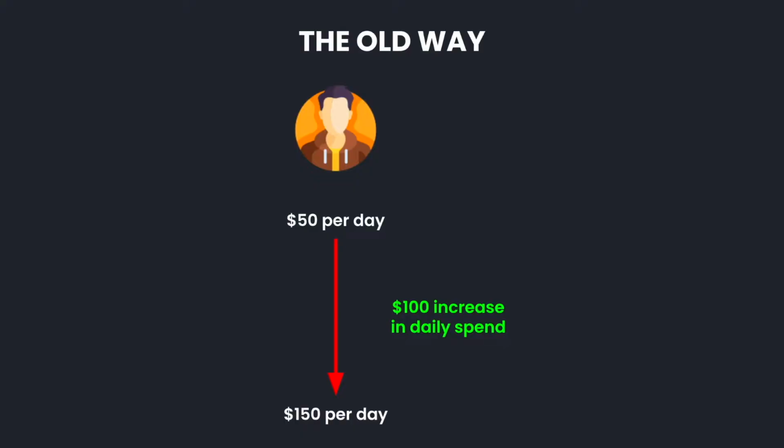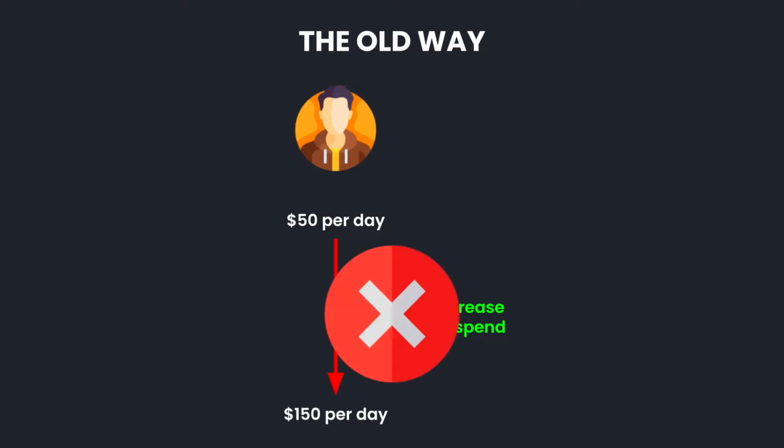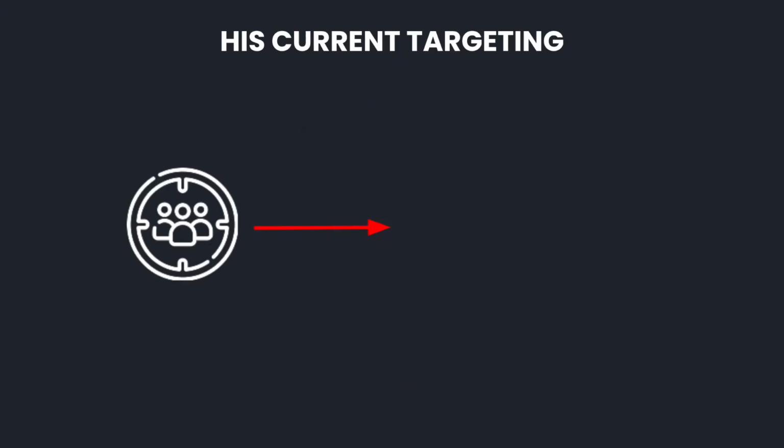For you to better understand what goes into scaling horizontally, let's take a look at an example. Alex, again, has been running a campaign at $50 per day, and it has been performing well and profitable for more than 3 weeks now. Alex thinks it's scaling time, but he has learned from the last time, so he does not go for the steep budget increase, but first looks at his current campaign settings. He's currently targeting people in the US that are interested in the fitness niche to sell them his new whey protein. So the options Alex has at hand now are to scale horizontally.